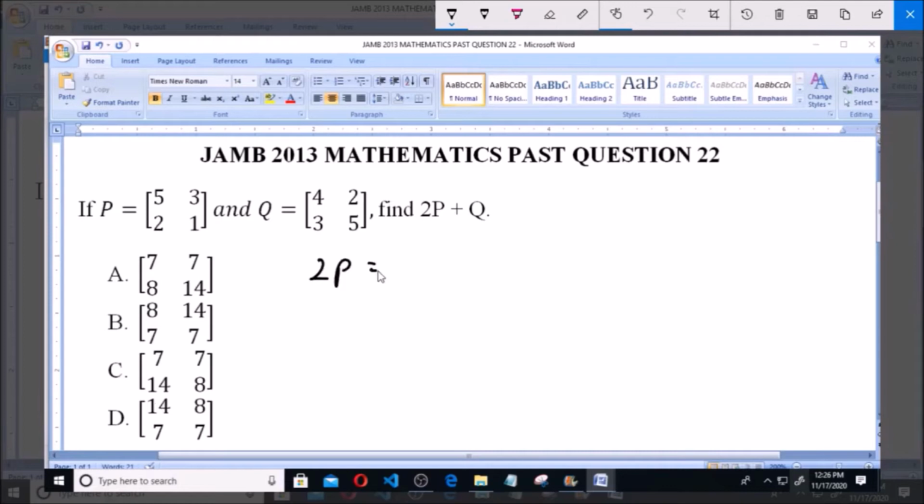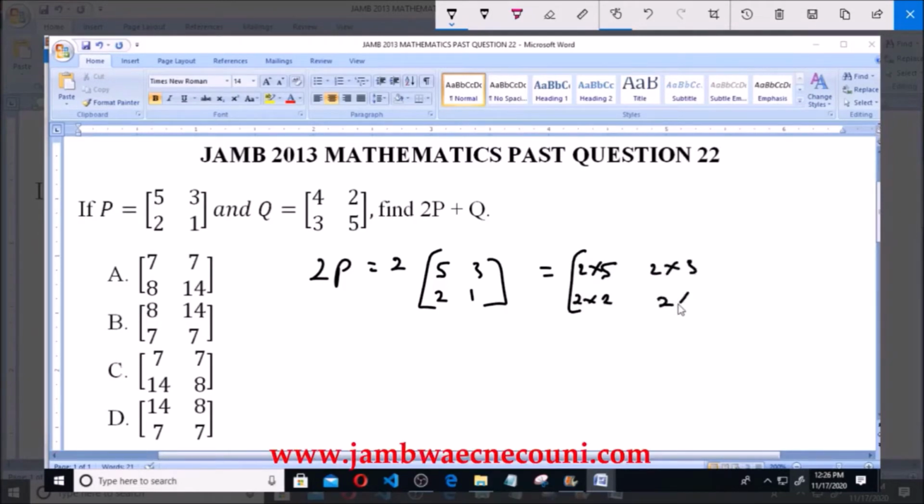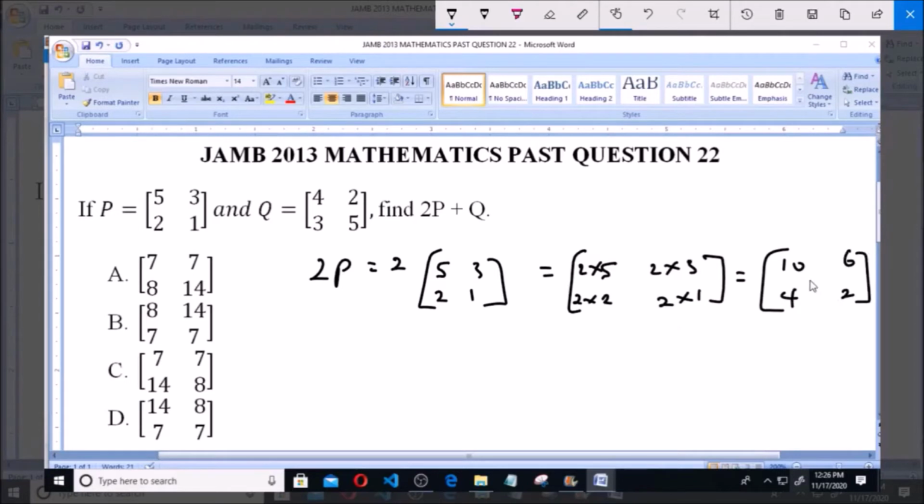Now 2P will be equal to 2 into the matrix 5, 3, 2, 1, and that will be equal to 2 multiplied by 5, 2 multiplied by 2, 2 multiplied by 3, and 2 multiplied by 1. Now this is equal to 10, 6, 4, and 2. So this is 2P. Now 2P plus Q will be equal to 10, 4, 6, 2 plus